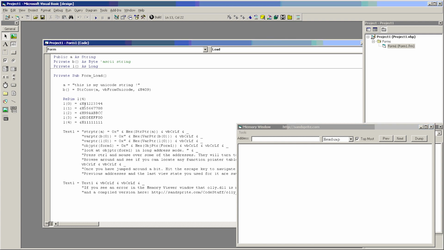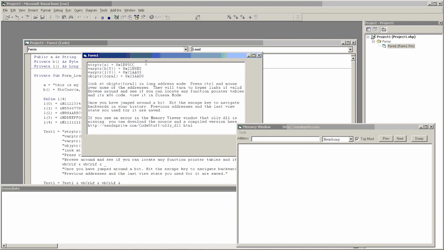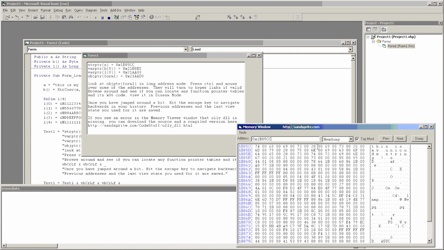In this test application, we have some variables here, and that is going to print out for us the addresses of different things. You can run this edited breakpoint as well. So first we'll start with a string pointer. We'll enter that in, we'll hit return, and we can see here is my Unicode string. And it has all the different